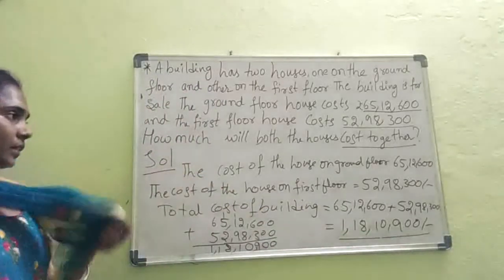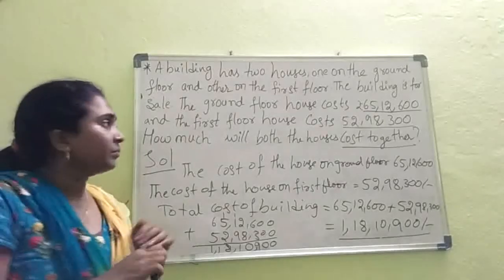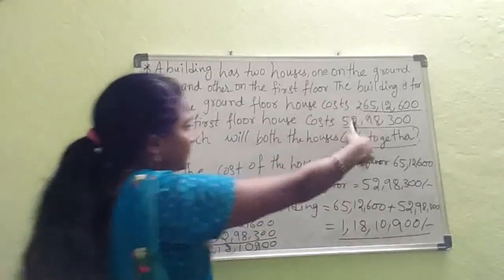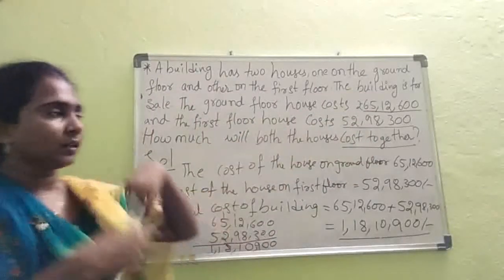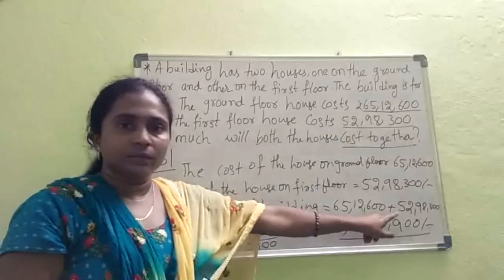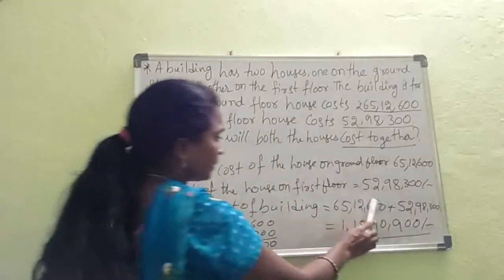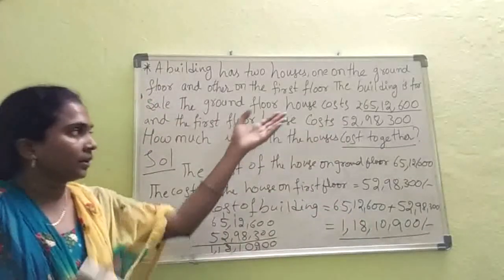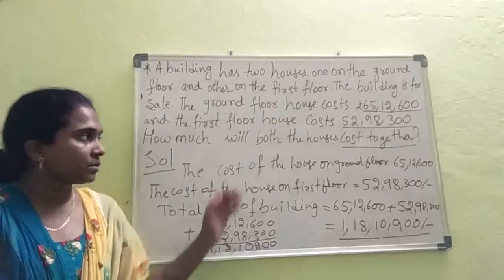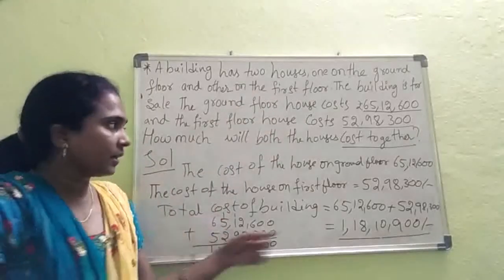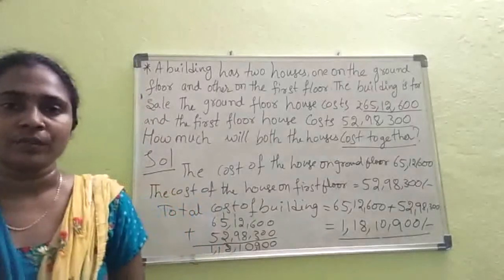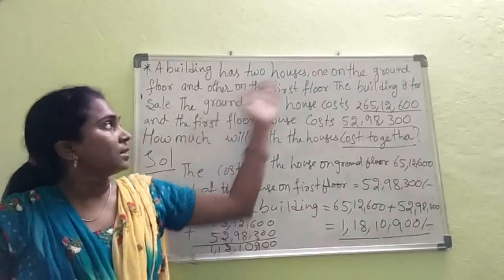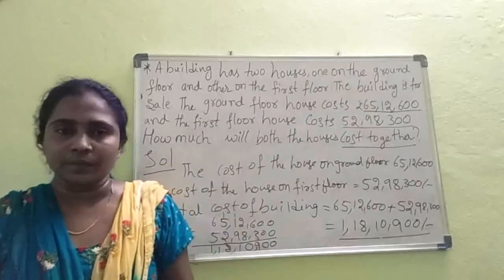In any word problem, first read the problem properly, understand what values are given and what they are asking. Based on those concepts, you will do the addition. Just write the two values. In this question they gave two values; in another question they may give 3 or 4 numbers. So read the question properly, understand and solve the problem. I hope it is clear. In the next class, we'll learn the subtraction of larger numbers.